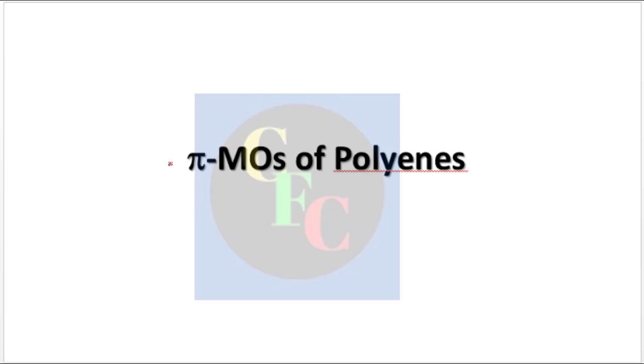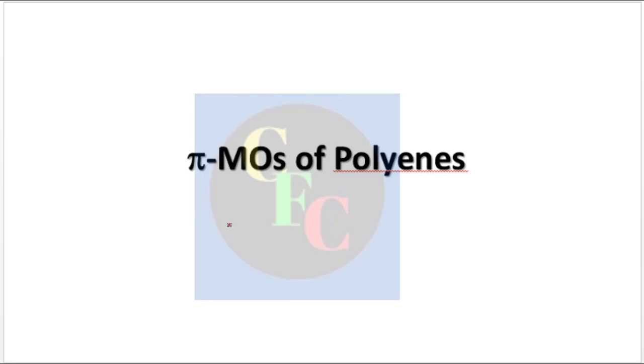So today we will start. In the last class we already discussed the molecular orbital energy levels and the shapes of orbitals regarding homodiatomic molecules, and we also saw an example of a heterodiatomic molecule, like carbon monoxide.